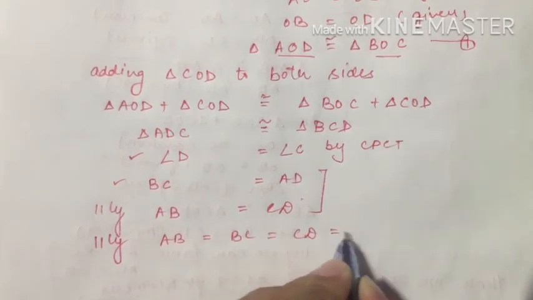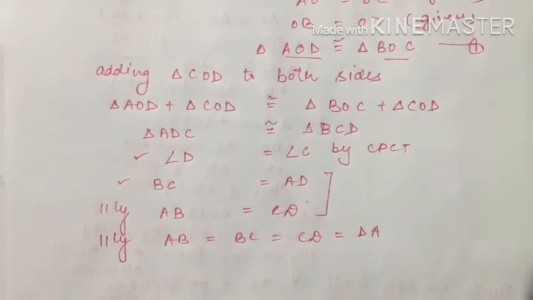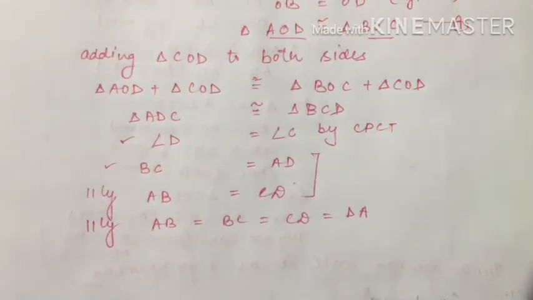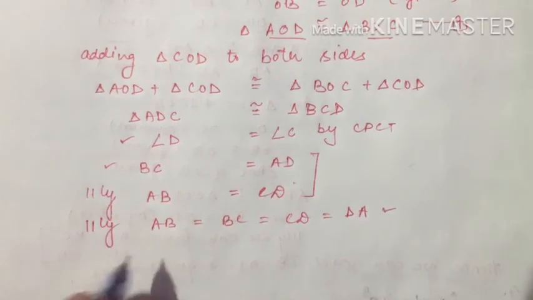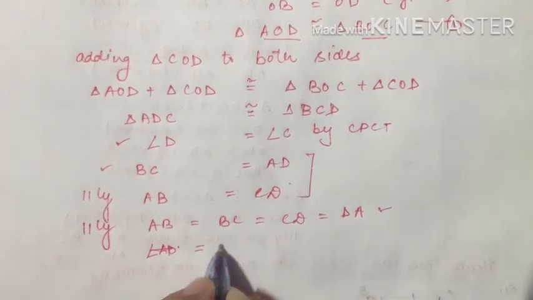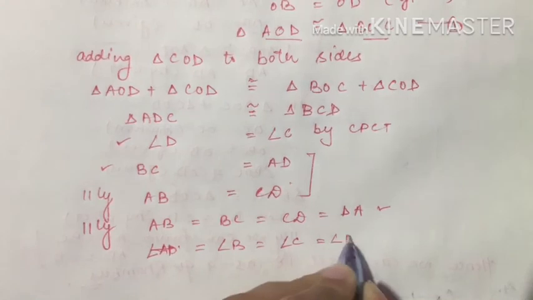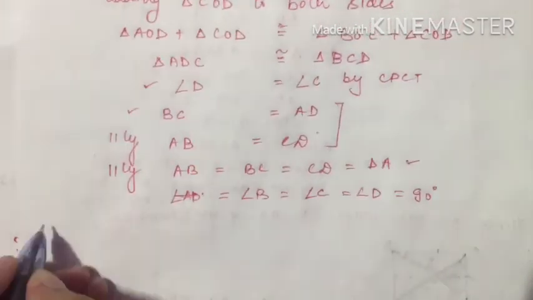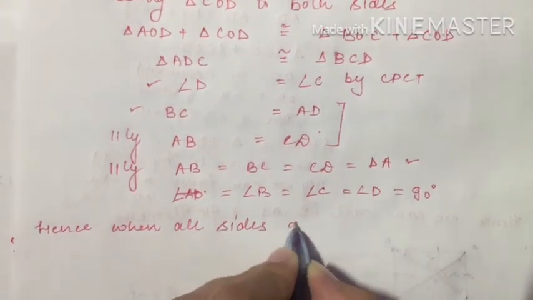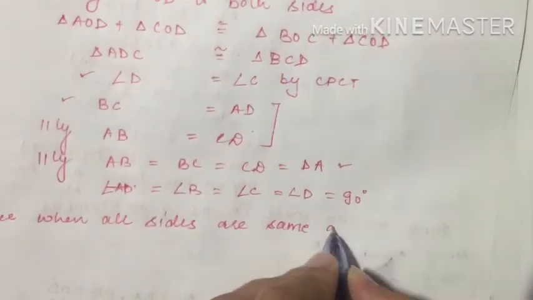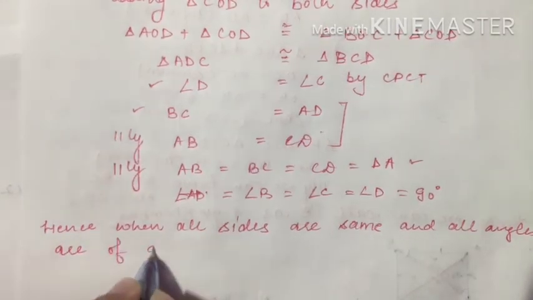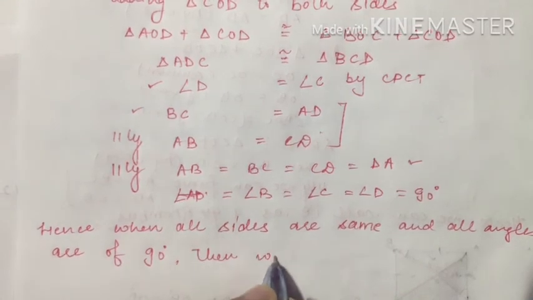Similarly, AB is equal to BC is equal to CD is equal to DA. ऐसे आप प्रूव कर सकते हैं। एक पार्ट आपने प्रूव किया, रेस्ट ऑफ द पार्ट यू कैन राइट बाय सिमिलरली, क्योंकि अगर आप सारे पार्ट्स को दिखाने लग गए तो द क्वेश्चन विल बी टू लेंथी। Fine. So by CPCT you may prove angle A is equal to angle B is equal to angle C is equal to angle D. All angles are of 90 degrees. Hence, when all sides are the same